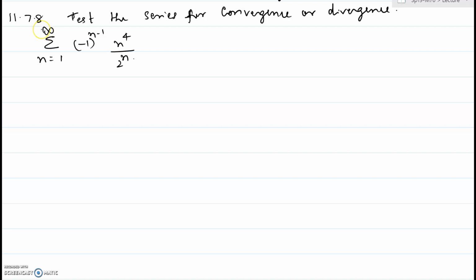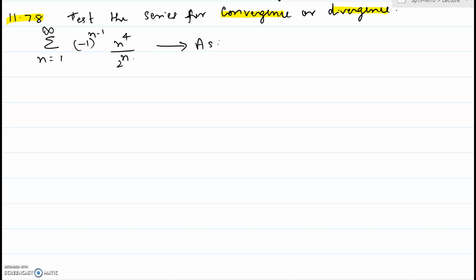Hi, in this video, I will be showing you problem number 8 of chapter 11 section 7. Test the series for convergence or divergence, sigma n varying from 1 through infinity, negative 1 to the power n minus 1, n to the power 4 divided by 2 to the power n. So this is clearly an alternating series,